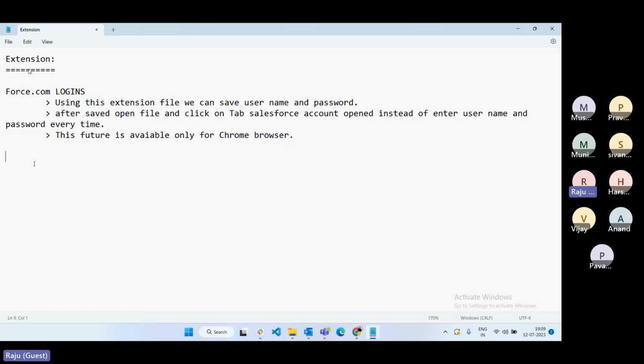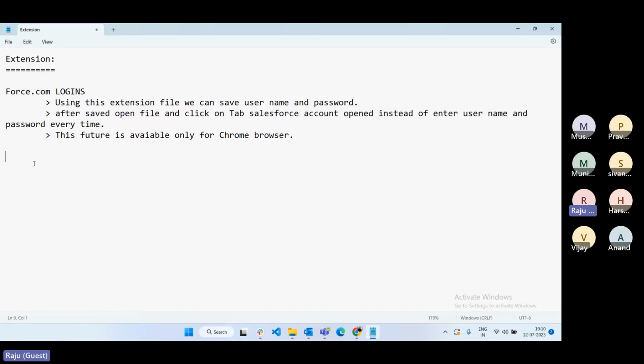Last class we discussed the trial account: how to create a trial account, what features are available, how many UI versions are available, how to check the API version and the current release version, what activities we can do in a trial account, and what the login URL is. Everything is mentioned in the last class notes, so you can go through it once again. If you have any questions, please let me know at any time. Okay. So the next topic is